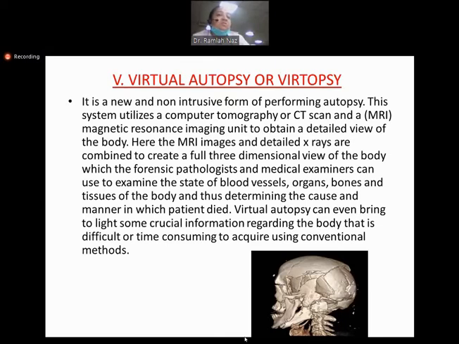So it's a time consuming sort of job. But in the virtual autopsy you have a customized system. So you have multiple windows. If you want to see the bone windows, you can convert it to the bone window, and look for the fractures and all that. Sometimes when you are performing the conventional autopsy, when you open the skull, you miss the inner plate fractures. But while performing the virtual autopsy, you can easily see any linear or minor kind of fractures, you can easily appreciate,